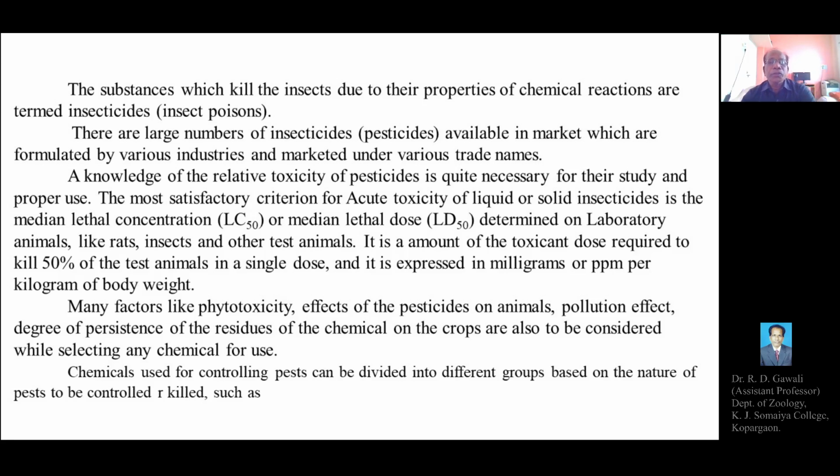So chemicals used for controlling pests can be divided into different groups based on the nature of the pest or the type of pest to be controlled or killed. There are various types of chemicals which are classified on the basis of the type of pest killed or controlled, such as